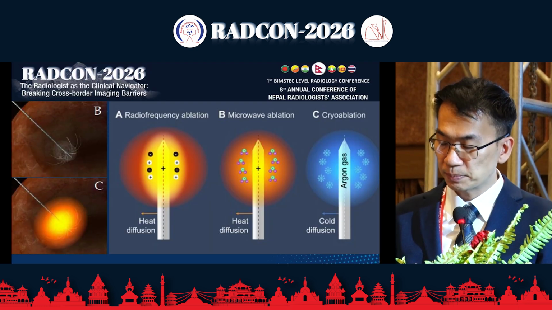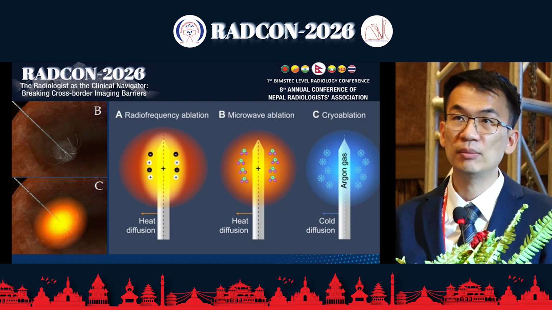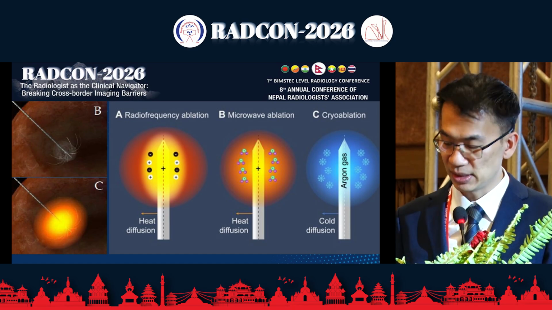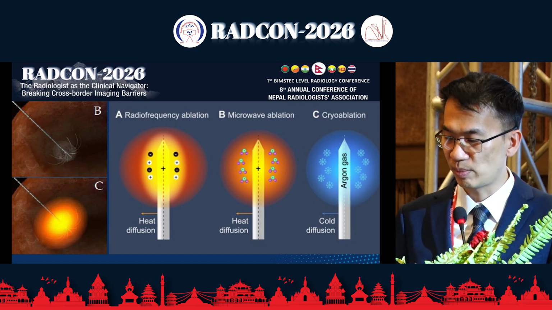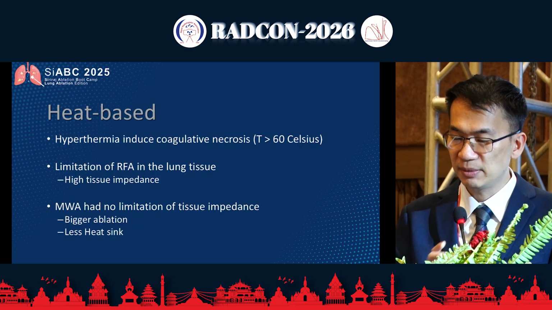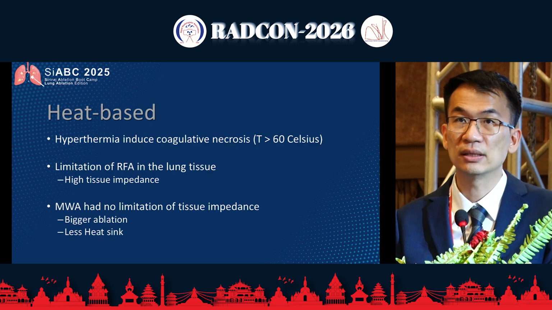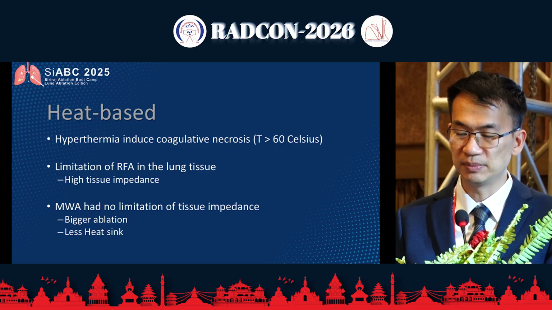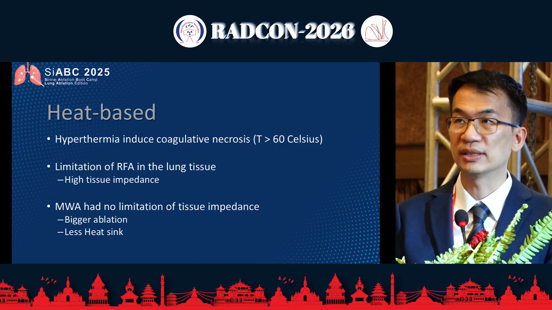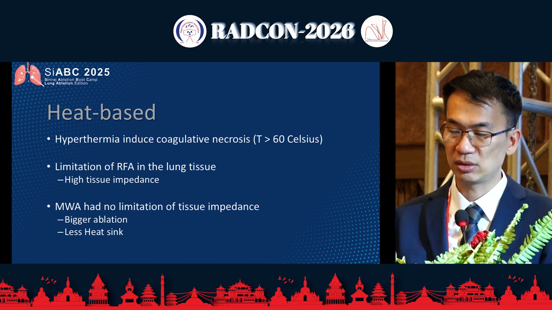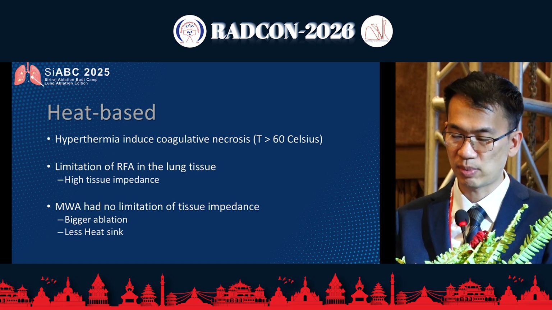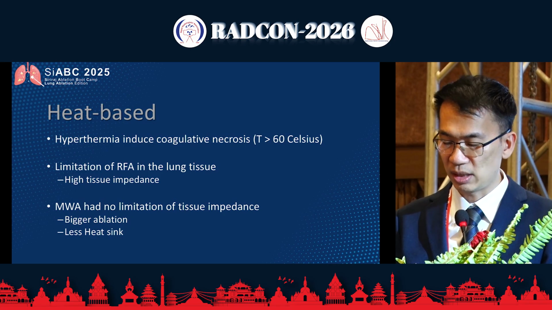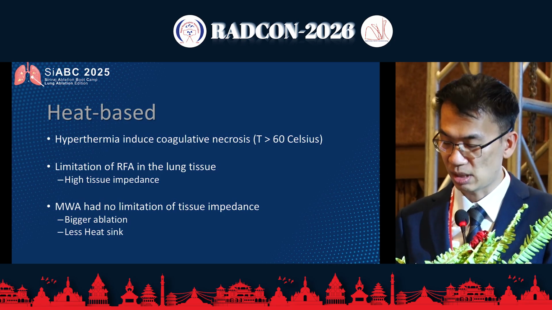These are the 3 modalities that we have: RFA, microwave, and cryo. RFA and microwave are similar, based on heat, but cryo is based on ice formation that kills the tumor. Heat-based ablation is what we are very familiar with in solid organs, either liver or kidney or even thyroid tissue. It's the same mechanism. RFA needs ionic substance and a ground pad to form a closed-loop system for electrical power. But microwave just oscillates the water molecules,